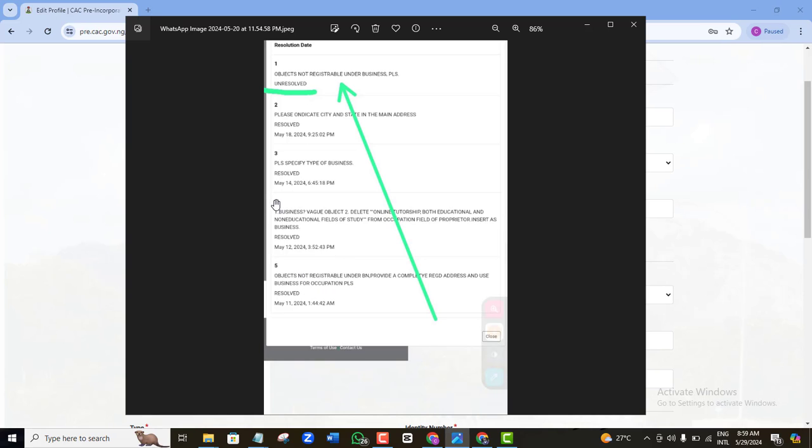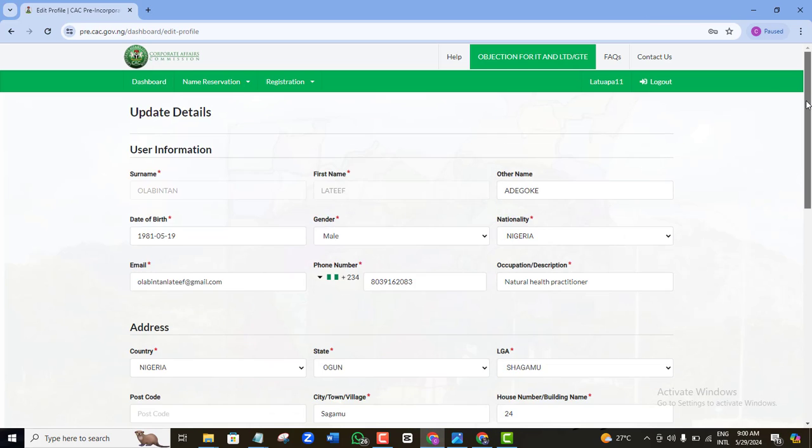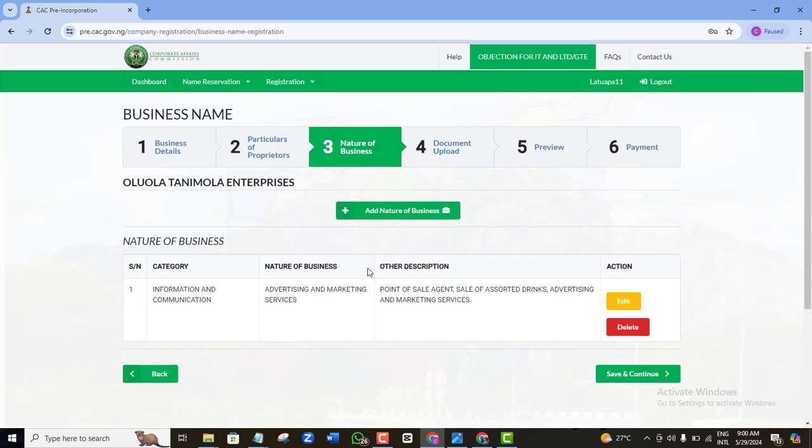So another query that this particular business has is, you can see here they say your business object is vague. Now they're saying delete online tutorship, both educational, and so on. Now, at the nature of your business, let's go back there. All right, at the nature of your business, this is where the issue is. Like I said, look at it. Let's assume that the only business you do is point of sale service.